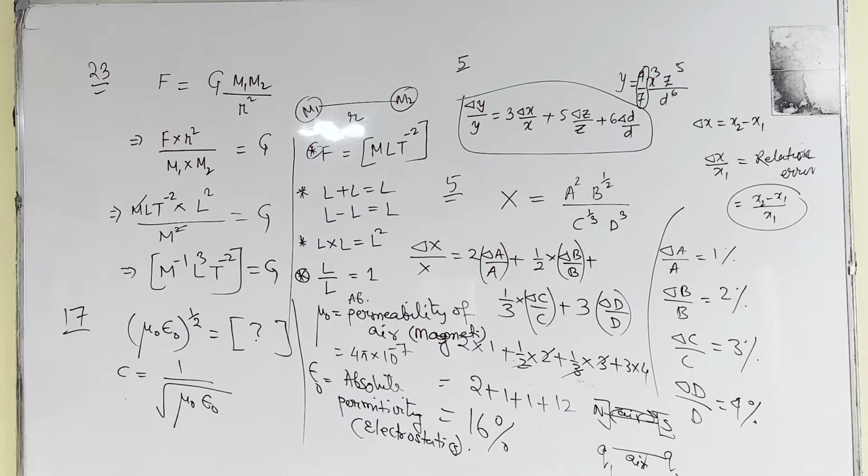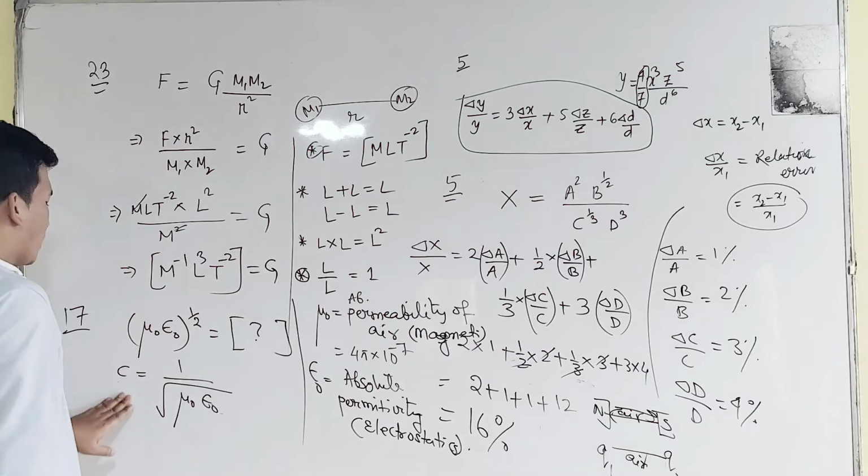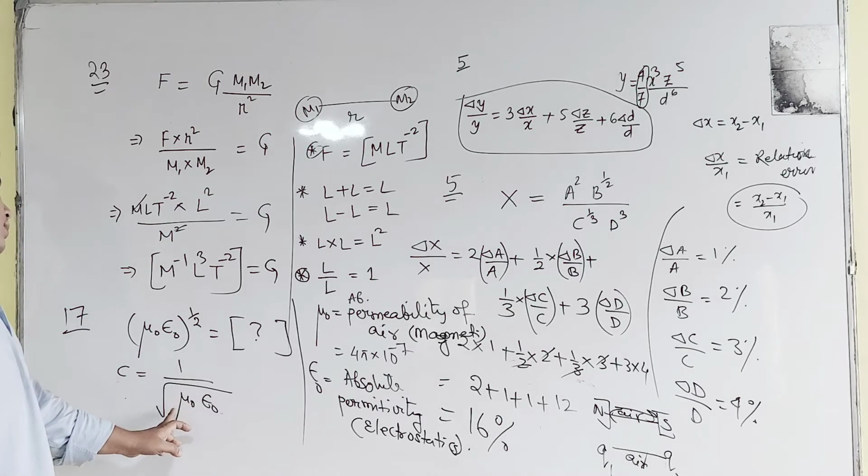And if you do not recall the concept, then just look up your wave optics. I think we have already done the polarization chapter. I have told you that light consists of two fields, electric field and magnetic field. And in the case of light, what is the equation? The equation will be 1 by root over mu naught epsilon naught. C is nothing but the speed of light.